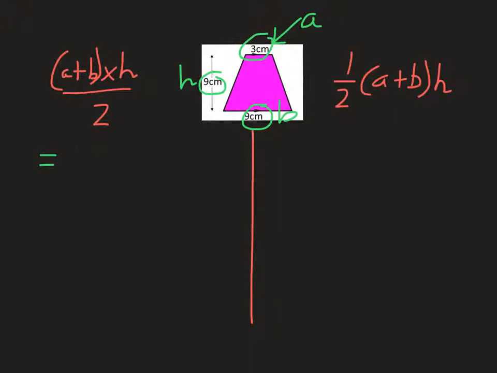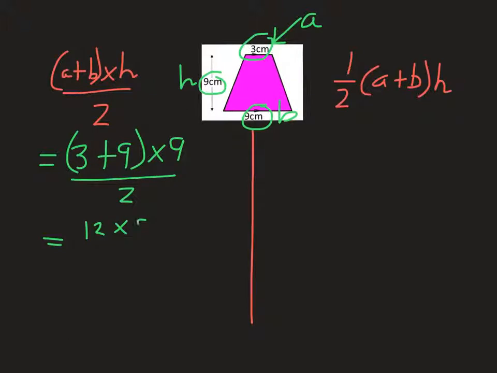A plus B is 3 plus 9 times by the height of 9, all divided by 2. 3 plus 9 is 12, so 12 times 9, all divided by 2. 12 times 9 is 108, divided by 2. That gives us 54 square centimetres,